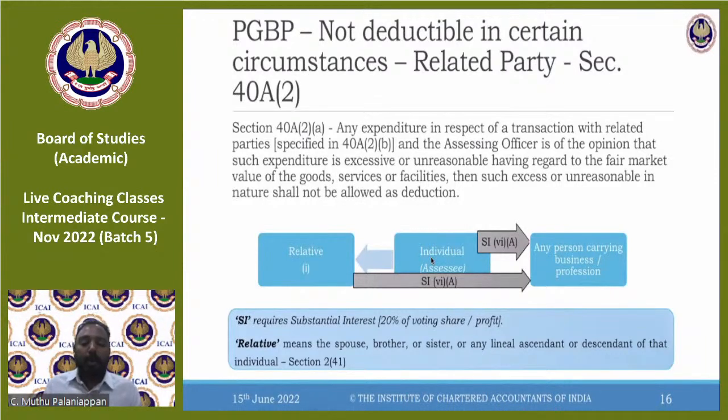Pooja, some other problem for practice is typically I would suggest you solve RTPs. So you go through the RTPs that are available. Probably the last 2 or 3 RTPs are relevant for your examination. So your questions will predominantly be from your study material and the last 3 RTPs. So this is where your questions are more relevant. So if you can go through the last 3 RTPs and the problems in the study material, it will be